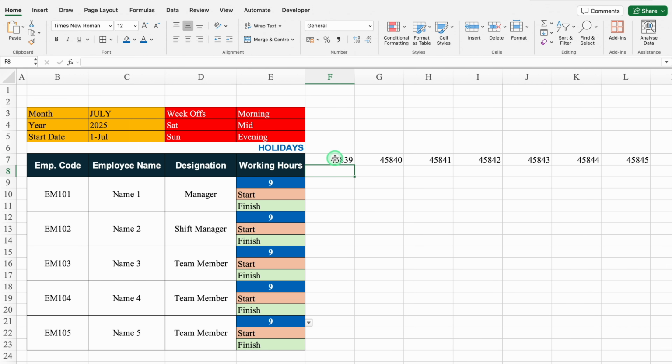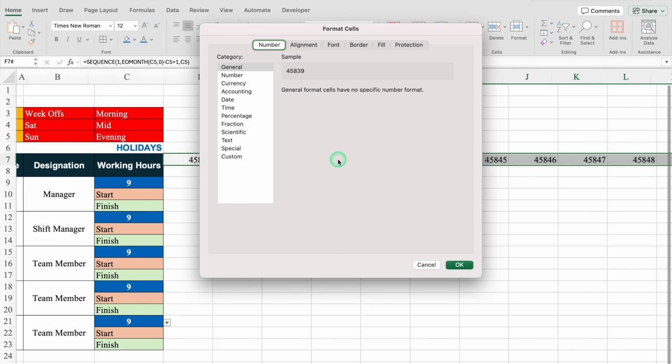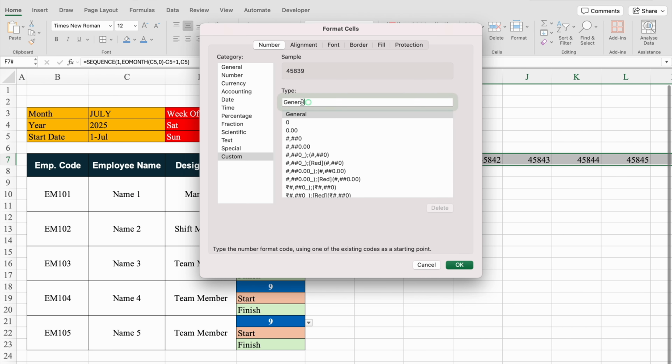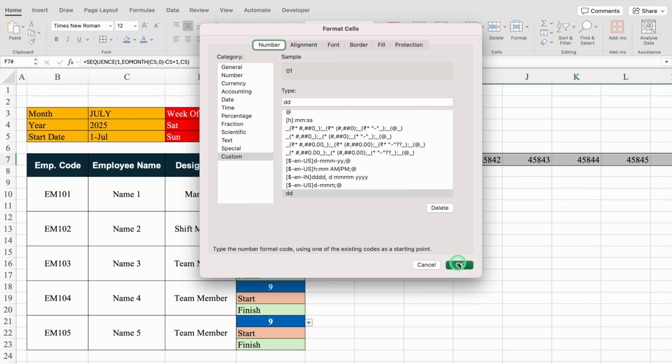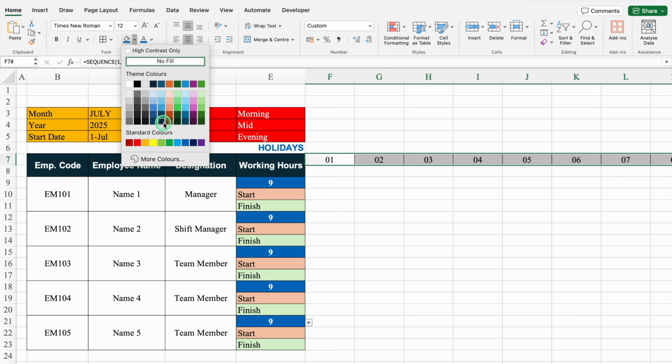We got some random figures because these are in general format. I'll click on first date. We'll press Shift Control right arrow key. We'll press Control 1. We'll go to custom. We'll remove general and we'll do DD, means D 2 times. We'll come down and click on OK. We'll align all the things in center. We'll create borders. We'll change the cell color